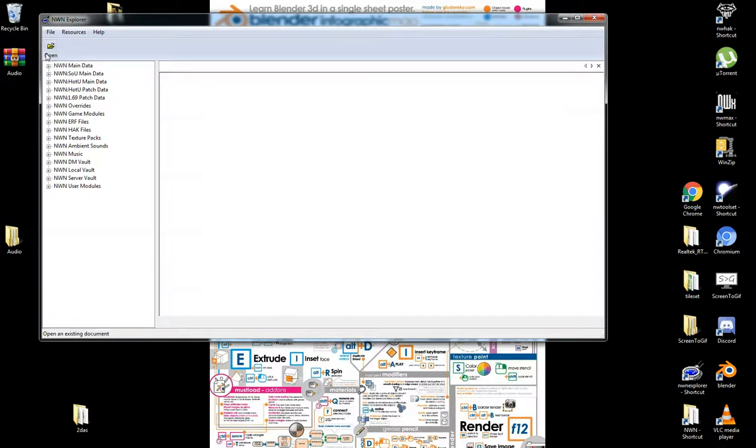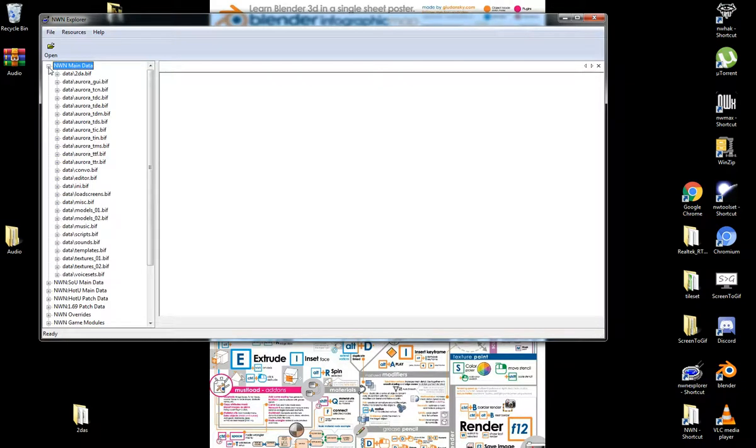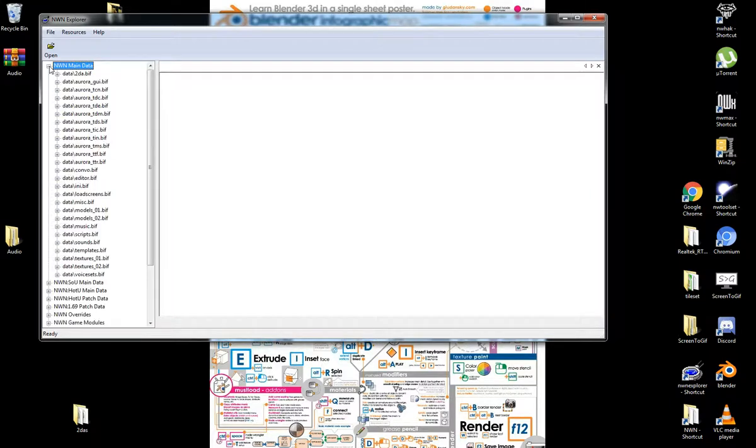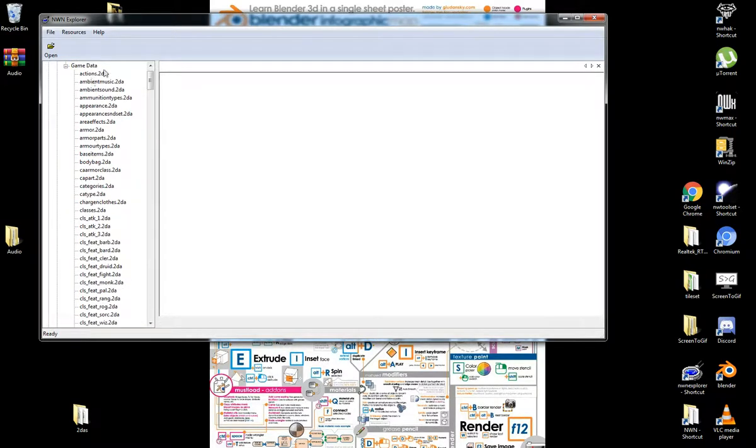So you can do open. You also can connect it to use the binary and connect it to where your Neverwinter Nights is at, and if so, then this will allow you to search through your Neverwinter Nights, all the different. See how you've got Shadows of Undrentide, Hordes of the Underdark, the 1.69 patch. And this is all of the standard tilesets. So, like 2DAs are found under here. If you want to change anything with 2DAs,